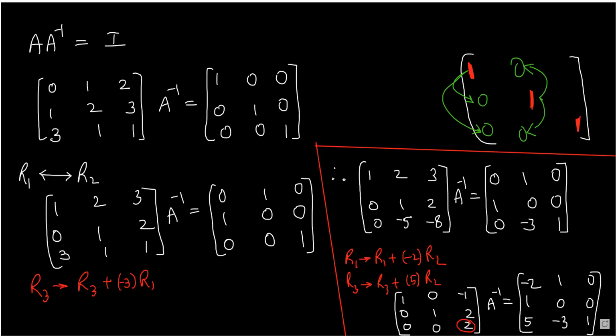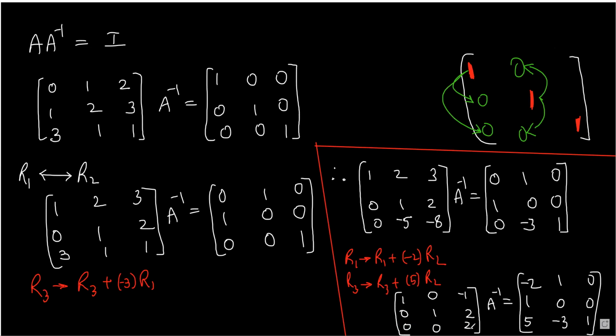And please remember, students, if you do not have 1 here, then there is only one technique. What? If the last element is not 1, always multiply by its reciprocal. Don't use any other method. Don't use any other transformation. Otherwise, you will disturb these zeros. You cannot disturb these zeros. Remember, that is the advantage of this process. This process which I'm teaching you here, you will always get the answer without disturbing what you have already achieved.